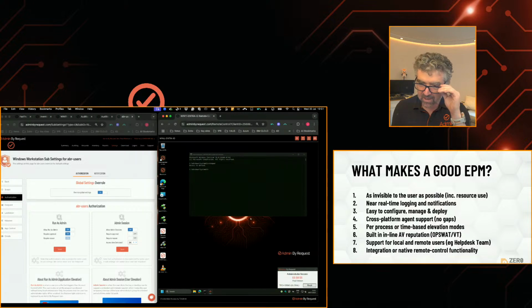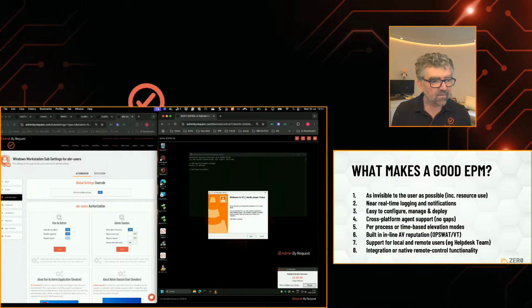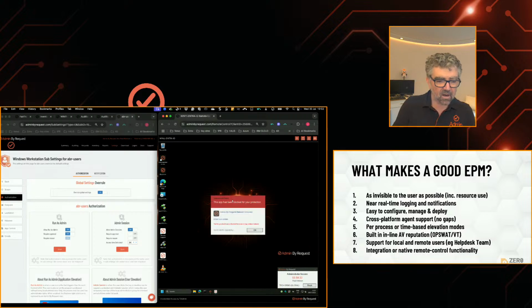Okay, number 6, built-in inline reputation solution. So yeah, we have in our solution the OPSWAT system. So if you are a developer and you are running things as admin that are okay and are safe, we'll let you do that. So for example, the VLC. But if the developer does download something that is a bit suspicious, here's a simulator, you can see what happens. We have the OPSWAT